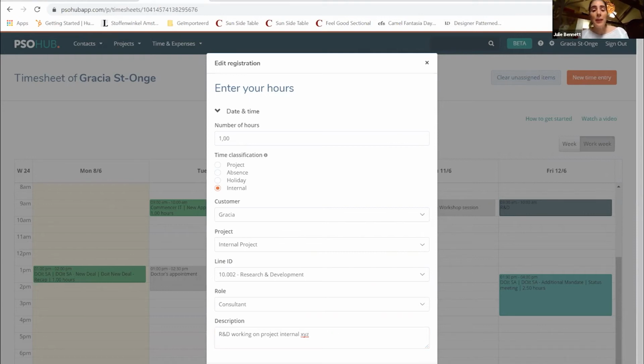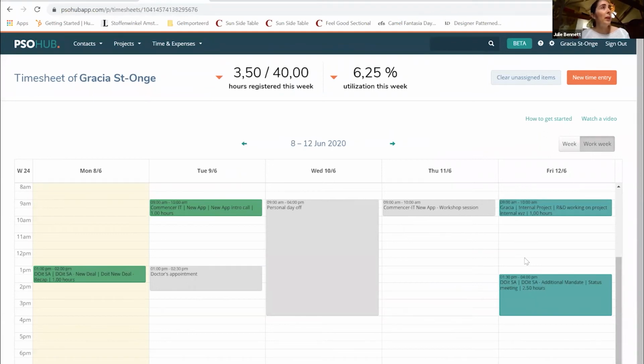The next time I have an appointment in my calendar that is identified as R&D, PSO will recognize that I've already assigned this to this contract line, to this project, and it will do the assignment on its own. So the more you use the timesheet calendar, the smarter it gets. In the end, PSO will do the job for you and will assign the majority of your projects automatically to these time entries. The dark one, as you can see, is something that PSO has already figured out. In this case, that time entry was a recurring